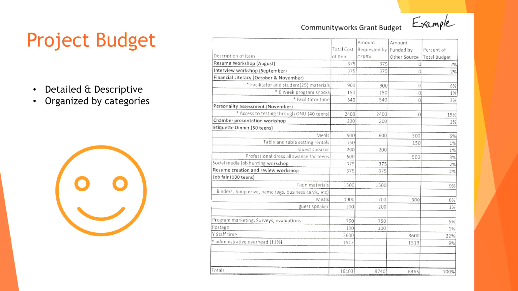Here's an example of a good budget. And then also you'll see there's a section this year for the budget narrative. So this was added to assist you within describing your budget needs and why they're important. But on this example budget, you see the line items, you see descriptions underneath, and then they have all of the boxes filled in, such as the total cost, what they're requesting from CFKRV, what's funded through other sources, and then the percentage of their budget, and then all the totals at the bottom.